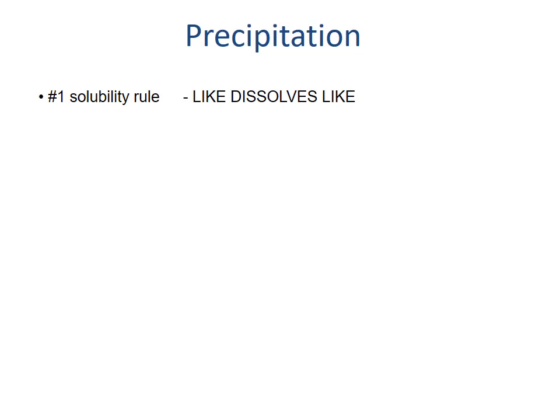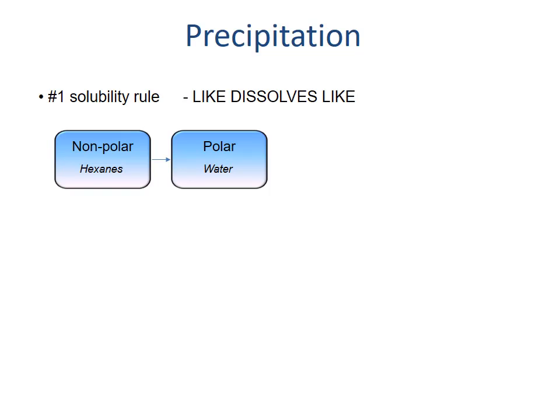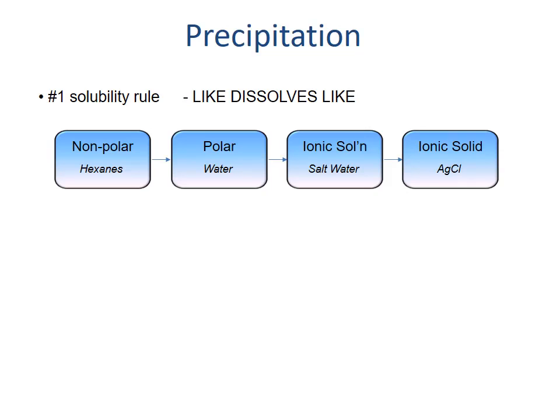We can actually get pretty far with this rule in our understanding of how precipitation works. We certainly understand that nonpolar solvents are going to dissolve nonpolar solutes. And when we have a polar solvent, it's going to dissolve polar solutes, and those don't really mix. Of course, we can also have ionic solutions, which are going to be even more polar than water. And eventually, we can actually precipitate things out that are too polar to stay dissolved in water, and we precipitate